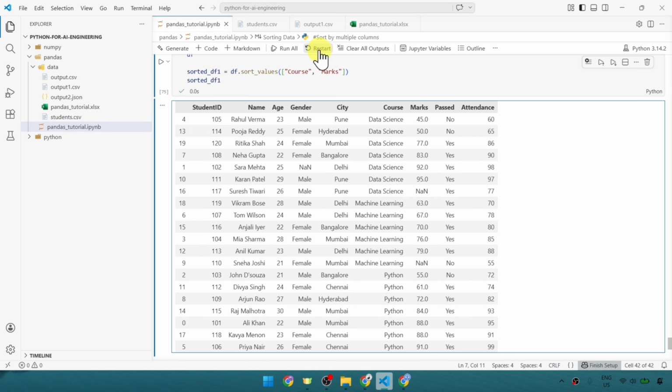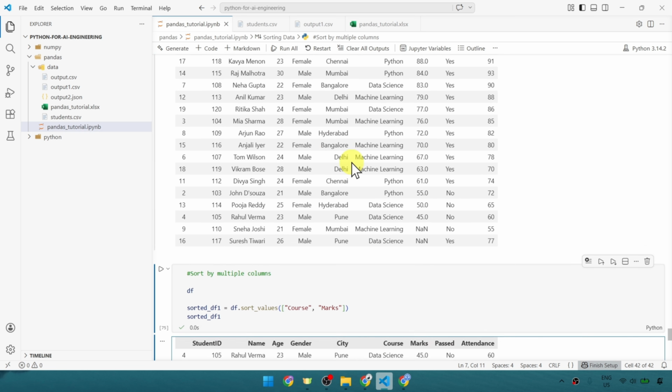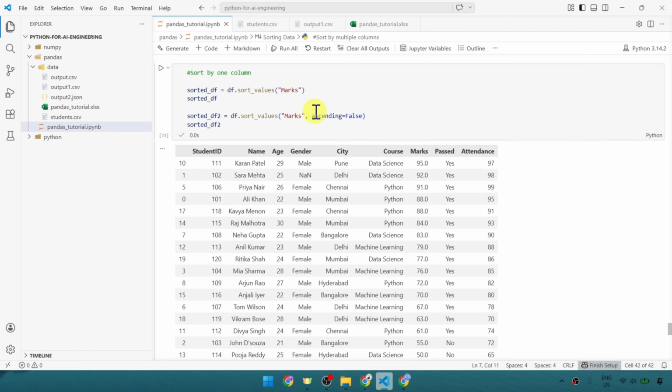Now we have provided the second column also, where we wanted to do the sorting based on the marks. So that also you can see. Here, this data science marks are appearing, but first it is showing the lowest number 45, then 50, then it is increasing, right? It is in ascending order. I told you, right? By default, if we are not providing that second argument, we would be getting data in